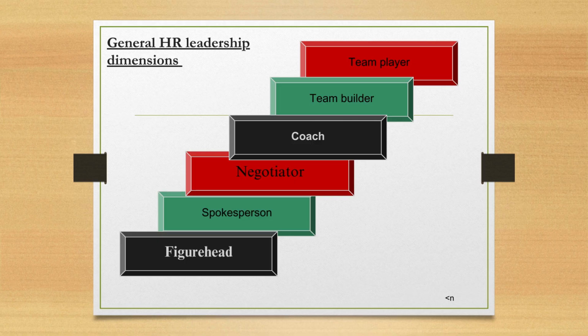And we come to an end of the slide, and these are other general HR leadership dimensions. These are some of the points which you might have heard about in management classes about the roles of managers. But one of the roles which you, as an HR person, can prepare your people to present is the second one, the spokesperson. A spokesperson is like a representative of your company.